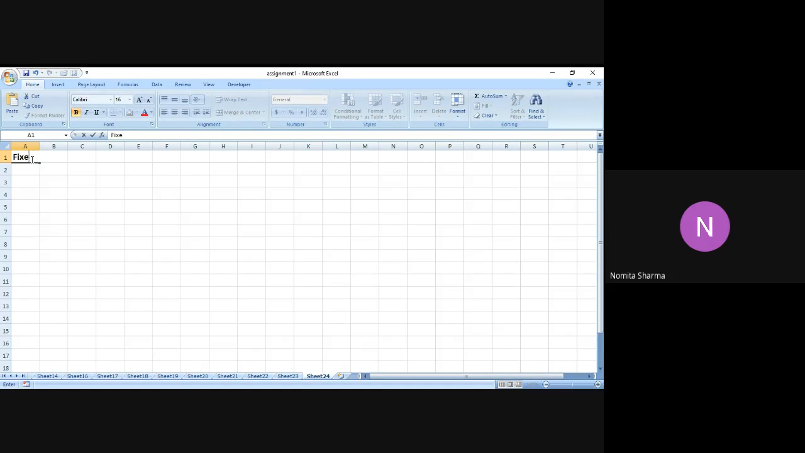Let me write the heading first. So we are calculating break-even point, and the major heading is your break-even analysis, right? So in this case, the very first thing I have is the fixed cost,